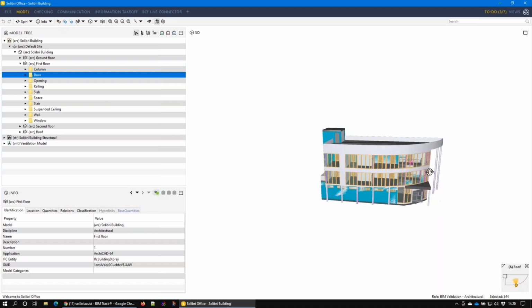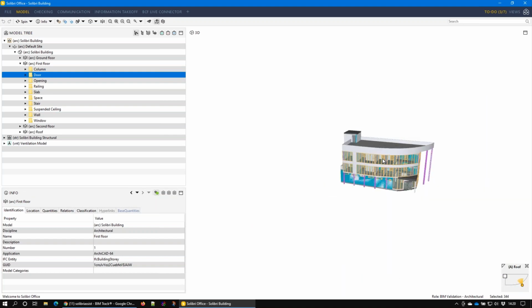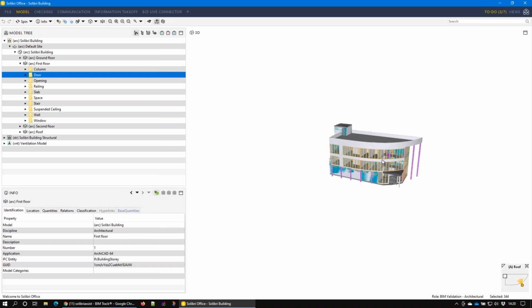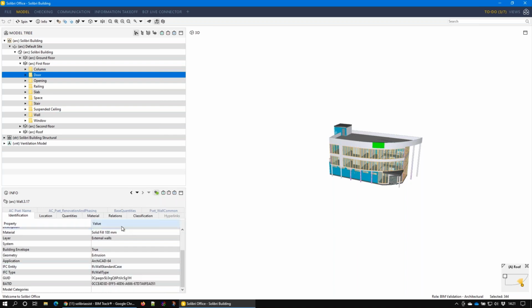While I'm working, we can spin, we can pan and zoom just with the regular mouse wheel, and we can look around the building. We can also click on things, paint them a nice bright green colour, and then we can read the information about that particular component. So that happens to be a wall. I've got all this ID information. We can have a look at the locations. Actually, if I look at ID, you'll see that if we scroll down here,